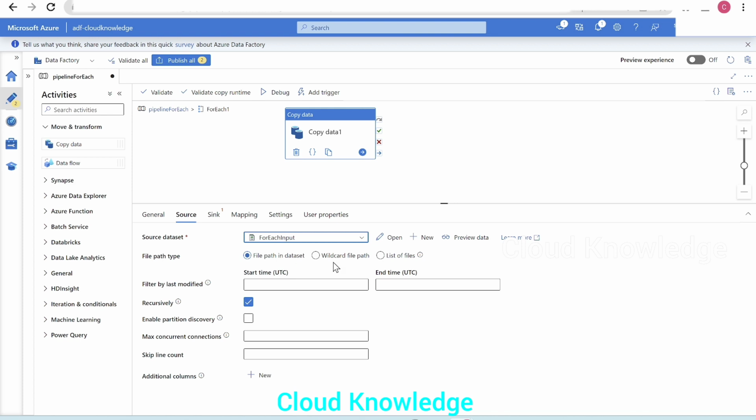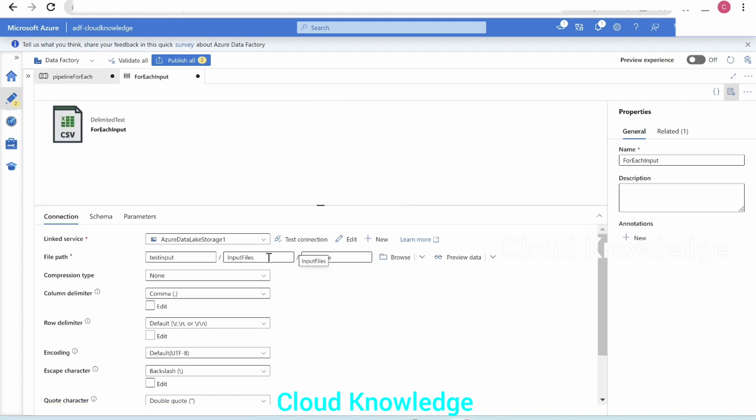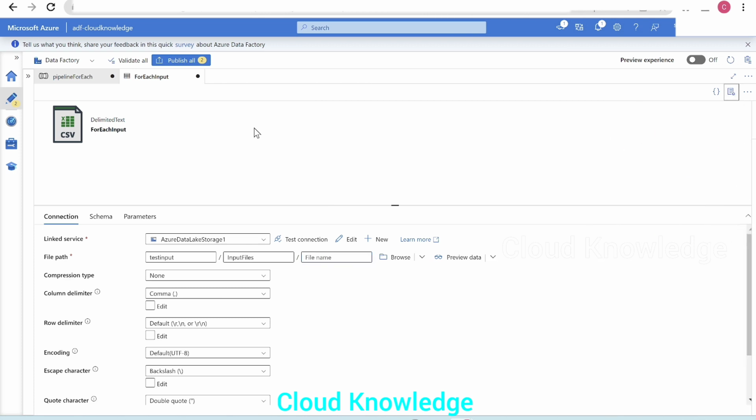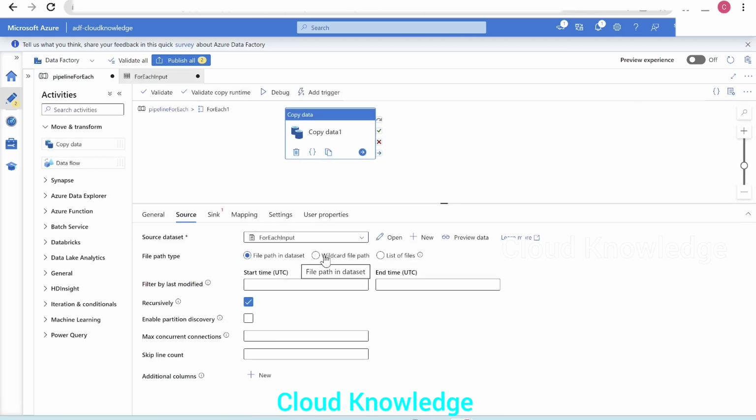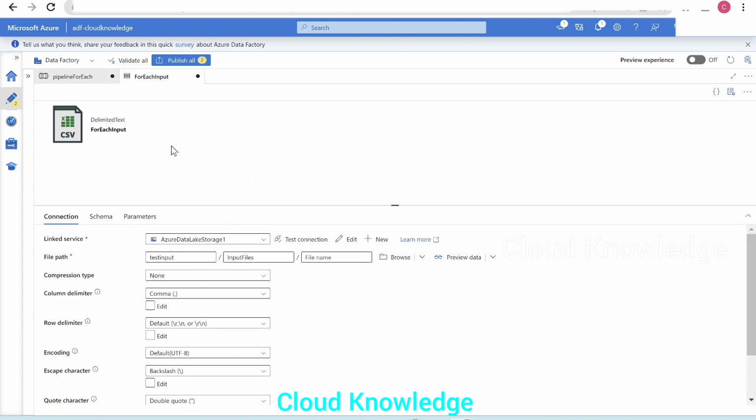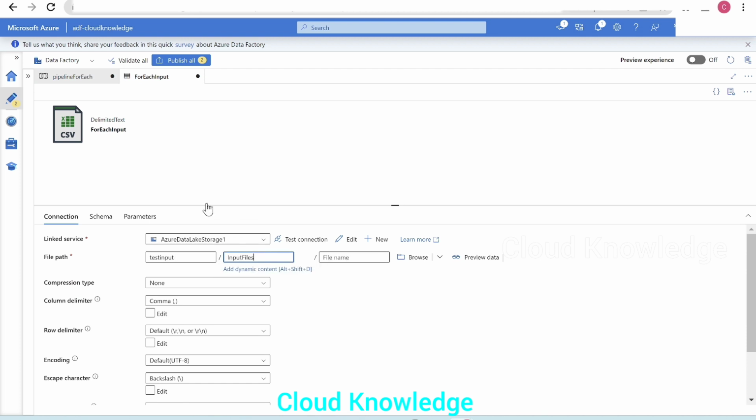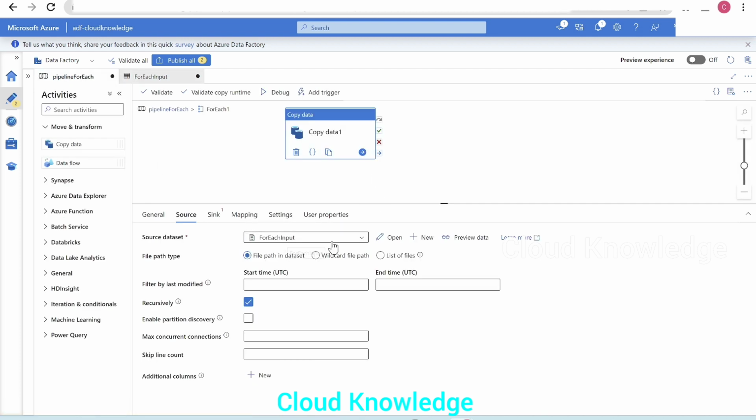That is another approach, but we are going to take the same dataset and we will make use of the file path type here as wildcard file path, because this dataset, if we open, it is only selected up to the folder level. We have not defined the files here, right? But in the copy data activity, we have to give the file level. Okay. So since we have selected the source dataset as the same use for the get metadata activity, and this for each input dataset is only pointed up to the folder level, not up to the file level. So we, in the copy data activity source, we have to select the file path type, which is wildcard file